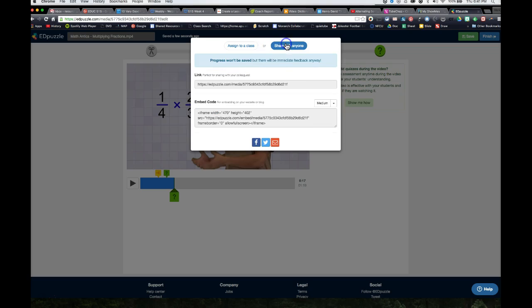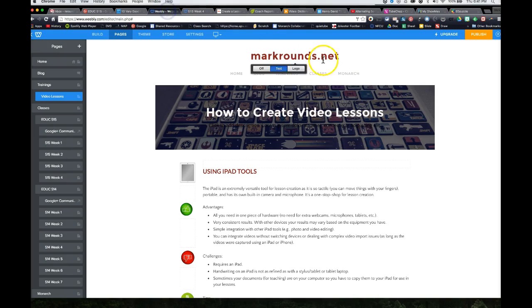Okay, you can assign it to a class. In this case, the idea of sharing it with anyone. When I share it now, it gives me an embed code, so I can actually embed it. Which is a great key here, because